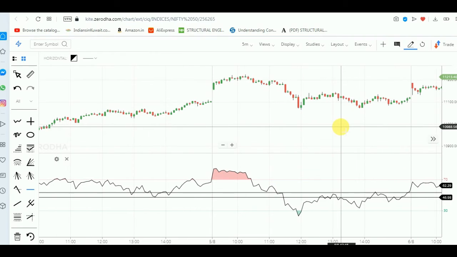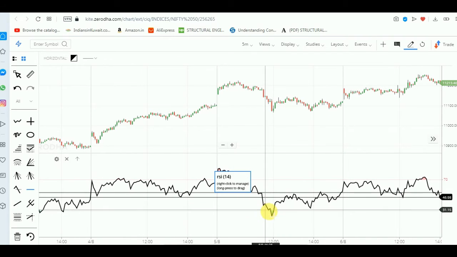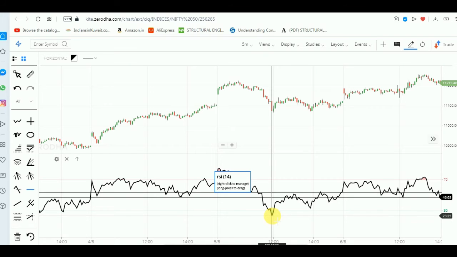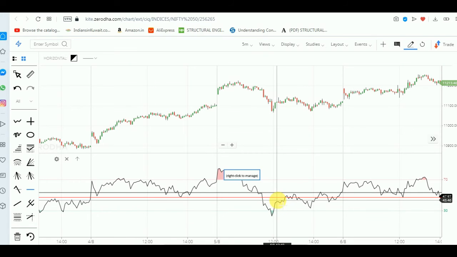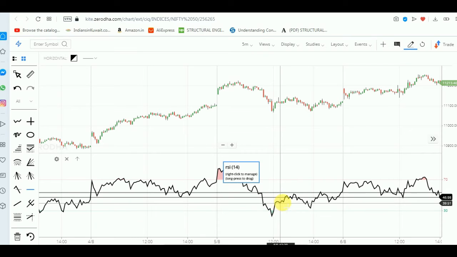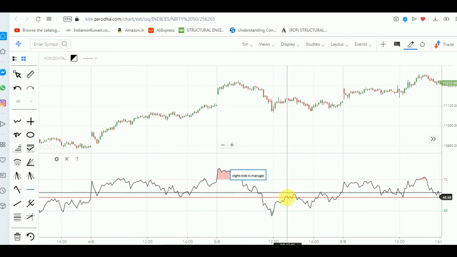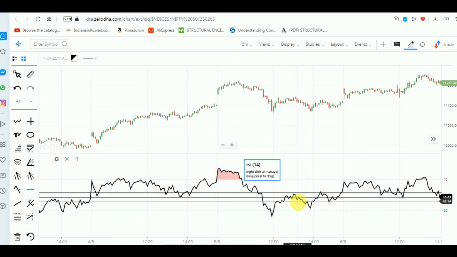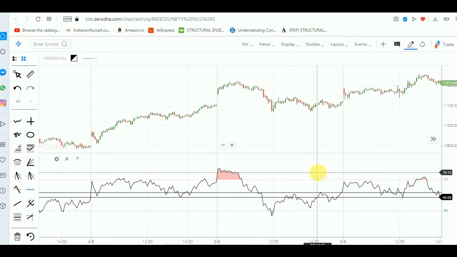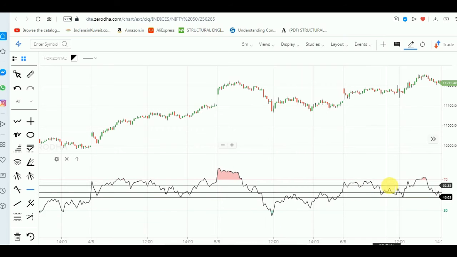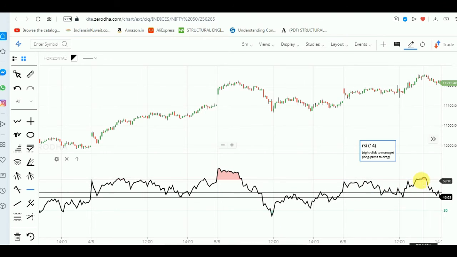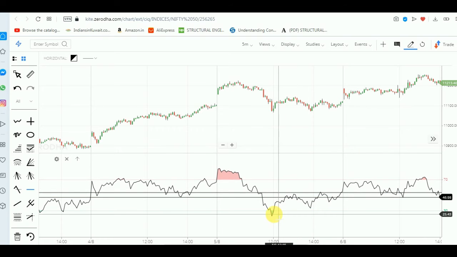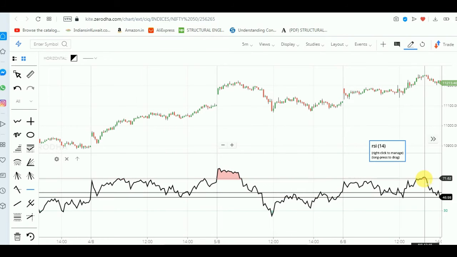So basically the breakout of this RSI is also very important. If you see here, from the oversold level it started moving upwards. It had a small noise here, and then it started moving like this, and again it came down. Which means that from 30 levels to 70, from here to this level, only here it reached 70 levels. So it took so much time to reach this level.